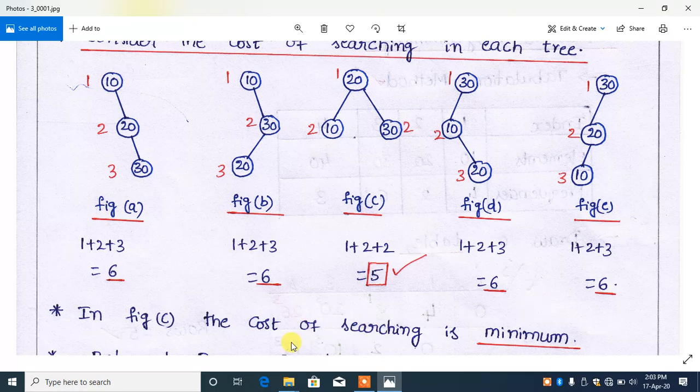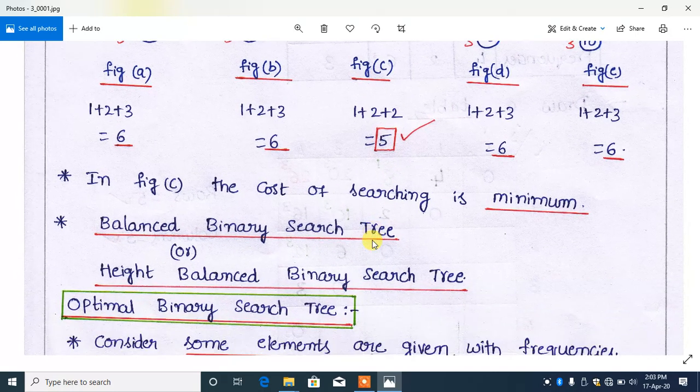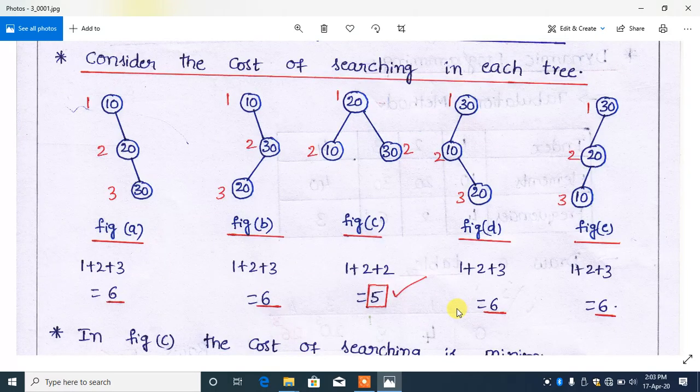So the cost of searching is minimum in this tree. That's why this tree is called a balanced binary search tree or height balanced binary search tree. If we arrange the elements in the form of the tree shown in figure C, we will get the optimal searching time, that is 5.